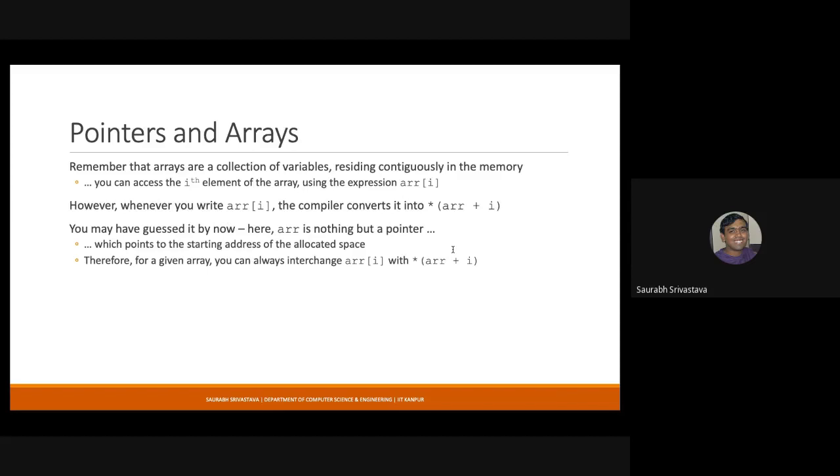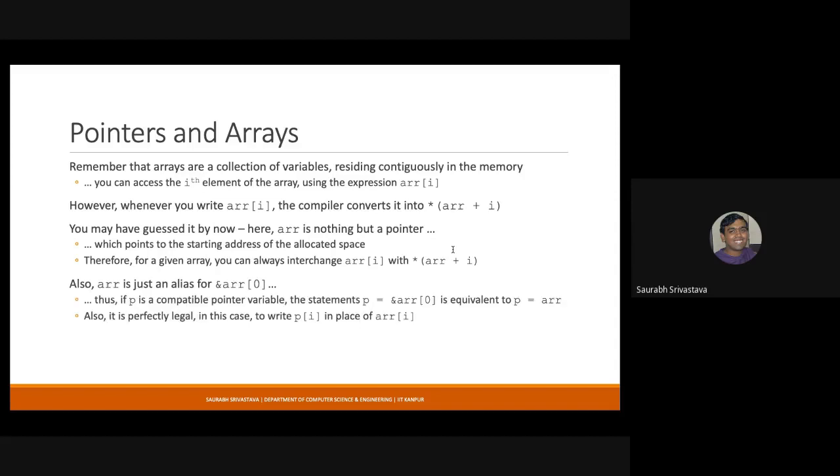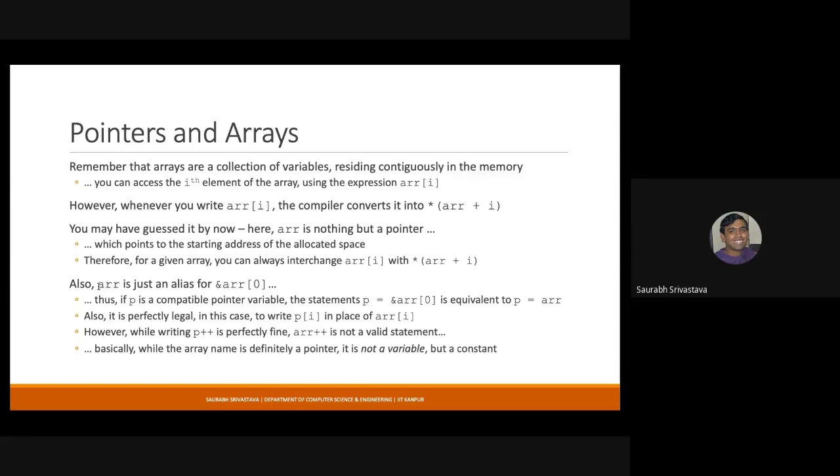So if ARR is an integer array, it will go ahead by 4 bytes. If it is of type double, it will get ahead by 8 bytes, and so on. And wherever you see it, ARR is basically an alias for &ARR[0], the address of ARR[0]. This is another shortcut that you need to understand.